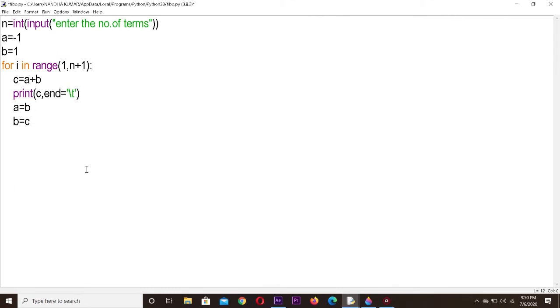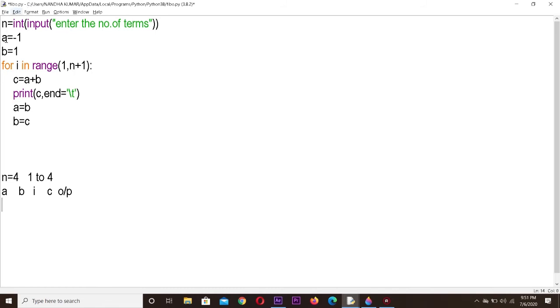Now let us see how it is working. That is the walkthrough of this program. So now I have given the value of n as 4. So how many iterations? The for loop will take the range from 1 to n plus 1, that is 4 plus 1, 5, but it will consider 5 minus 1, 4. So 1 to 4. That means I will have the range of values from 1 to 4 and it performs 4 iterations. Now we will see the values of each and every variable in each iteration. So we are using A, B, next I, next C, and what is the output for each iteration.